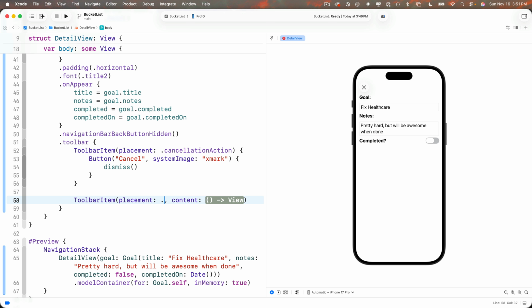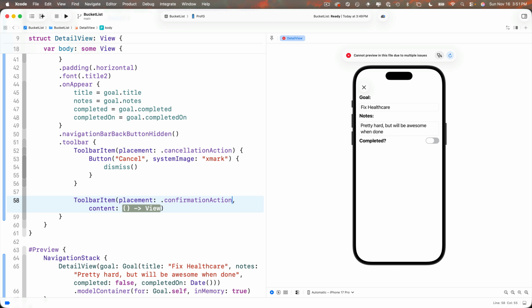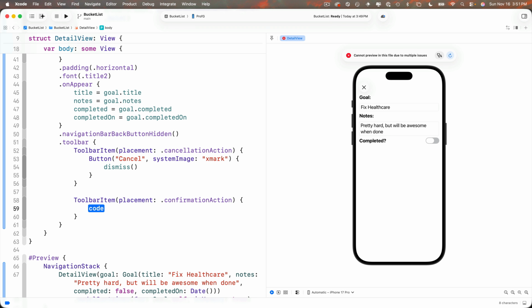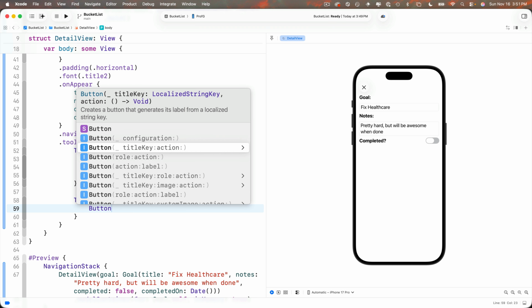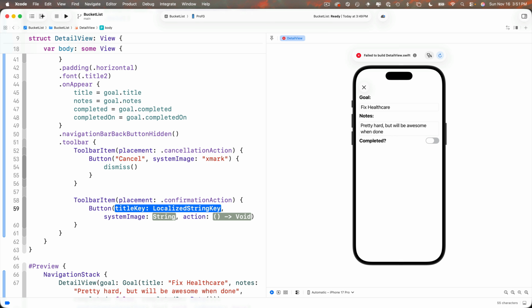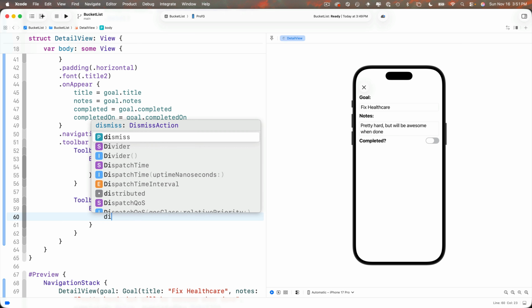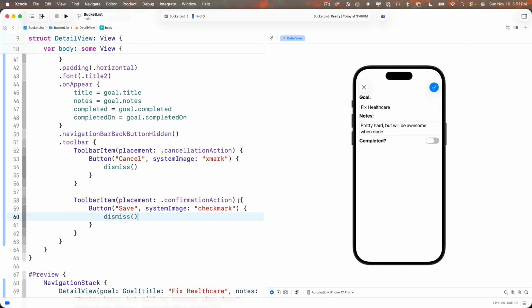And I can add another toolbar item inside of our toolbar. The placement here is going to be dot confirmationAction. The button's going to be the same type with the title, the system image, and the action. The title is going to be save. The system image here is going to be checkmark, all one word, all lowercase. Tab over, press return on the action. We're going to put a dismiss in here, but above this, this is what we'll do,